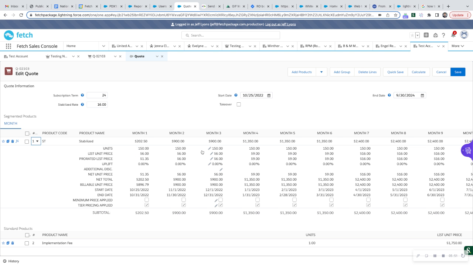And you will be able to see what price was given for this quote. So in this instance, it's $6, $6, $6, $9 for the next 3 months, and then $16 moving forward. That is because this deal was a tier 2 urban deal. And so depending on the market that you have selected for the community and whether or not the locale, which